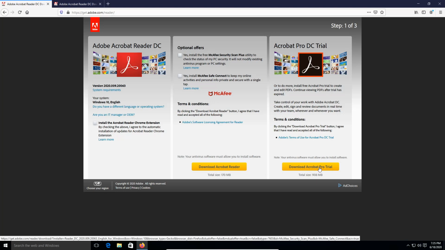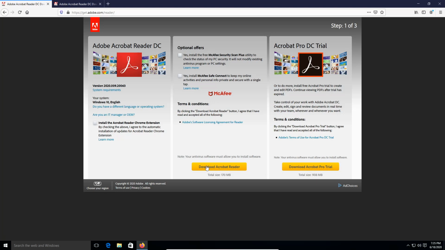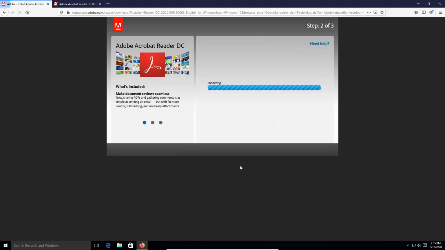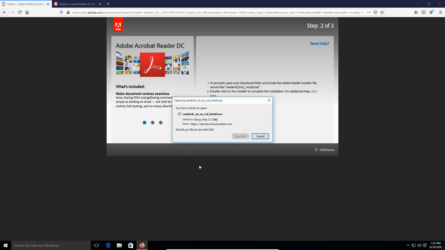Don't download the Pro. This is the pay version. So download the Adobe Acrobat Reader. Give it a moment so that it fully downloads. It shouldn't take that long. Depending on your internet connection, it could take maybe 1 minute, or could be 2, 3, 4 minutes, 5, whatever